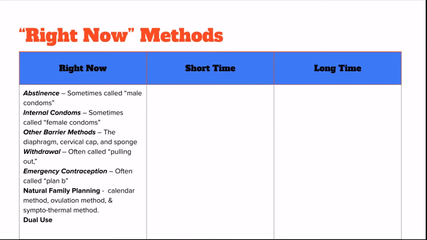Next, we have external condoms. These are sometimes referred to as male condoms and are worn on the penis. In Ohio, you can legally purchase condoms at any age. They are 98% effective at preventing pregnancy and STDs when used consistently and correctly. You will hear me mention this phrase several times during the lesson, and by that I mean each time a couple has vaginal sex. Most condoms are crafted with latex, so for those with a latex allergy, your next best external condom method is crafted out of lambskin.